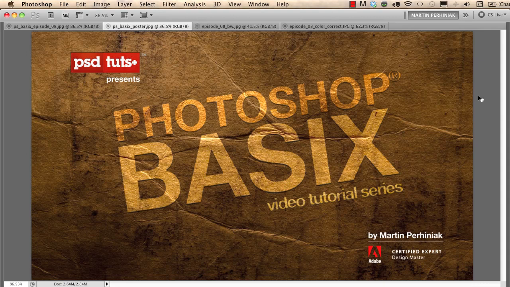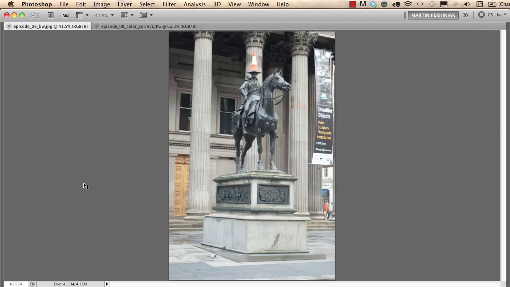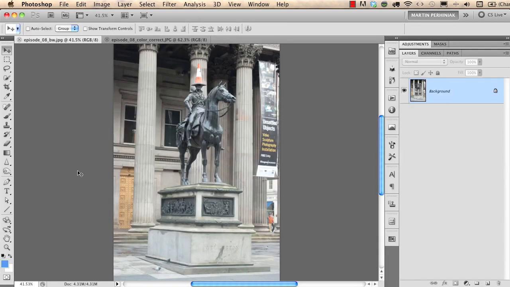I'm Martin Perhiniak. In this episode we are going to learn what adjustment layers are for in Photoshop. I'm going to show you two examples and you can repeat the same with the files that you can download from Psdtuts Plus. With these exercises, you'll see the power of adjustment layers and how to work with adjustments non-destructively in Photoshop. First, I would like to increase the contrast of this photograph, and I'm going to choose Levels from